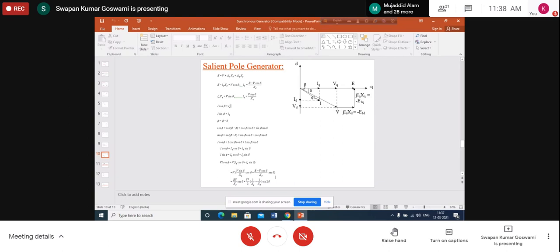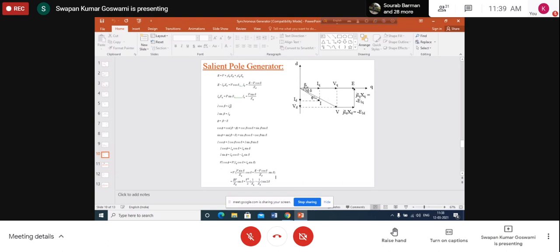So say this is the terminal voltage vector, this is the induced EMF vector, and say our operation of the generator is inductive. That is, load is inductive. Let us assume. So say this is the direction of the current. Load is inductive means current will lag the terminal voltage by some angle. Say this is lagging by this angle phi. Okay, and angle between E, induced EMF, and terminal voltage, say that is equal to delta. Let us say that beta is the angle between induced EMF and this current I. So beta is the current angle between induced EMF and the current, that means quadrature axis and current.